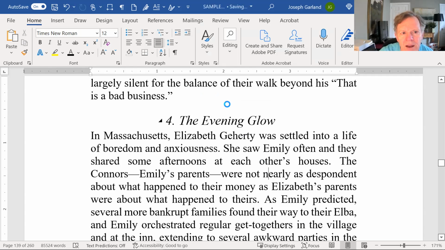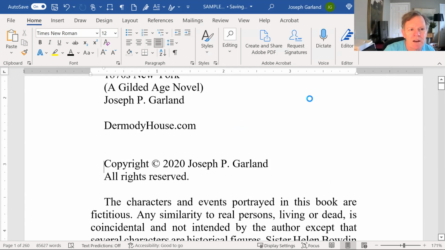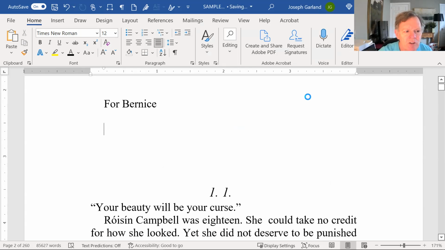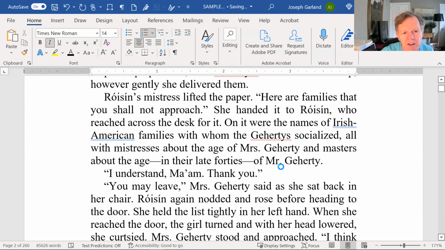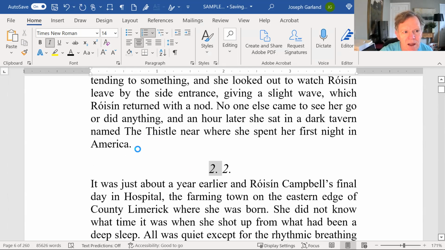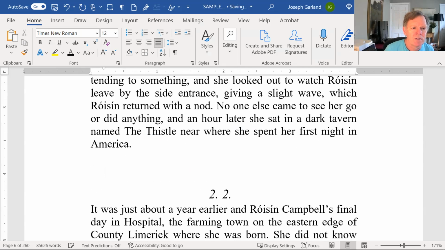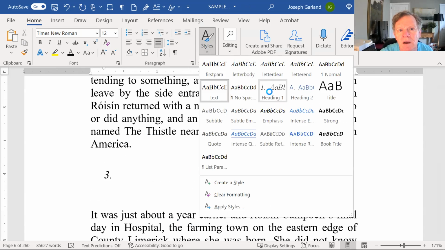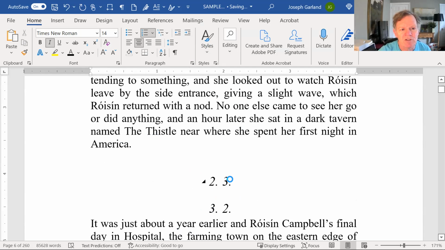Okay. Now you say, how does that impact the document? Well, let's go down to where I put it. You see, there's the first paragraph. There's number 1. Okay. Now I still have that space, which I don't want, but we'll take care of that later. So if I just move down, you'll see number 2. That's a code, and that's not a code. Okay. And why does this matter? Well, what if I do this? Let's do this. Okay, that's what you want to look at. Heading 1, boom. That number changed automatically. That's why if you